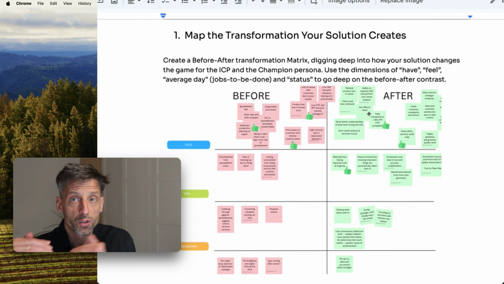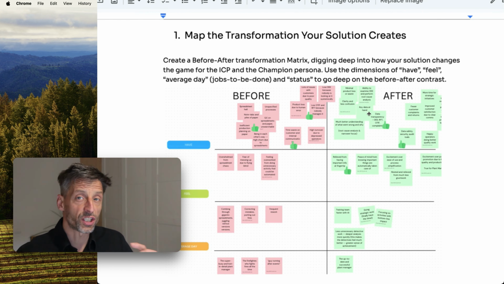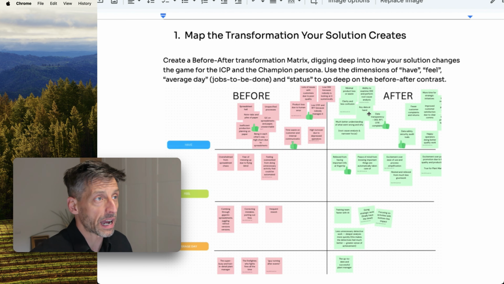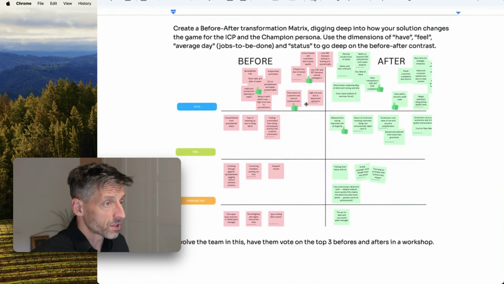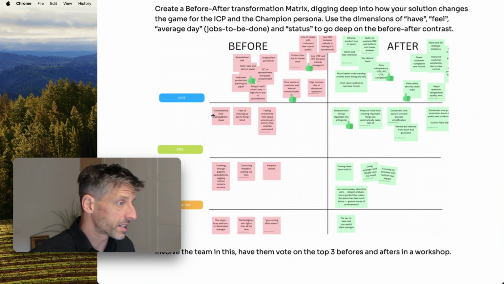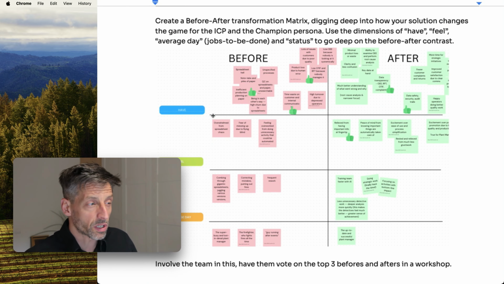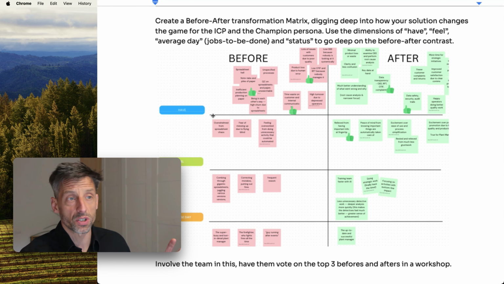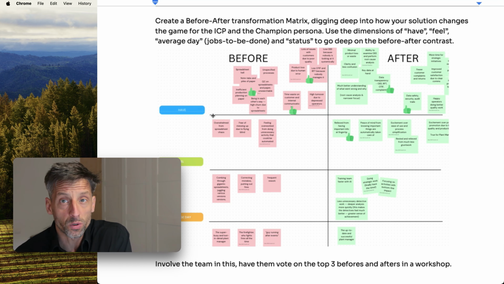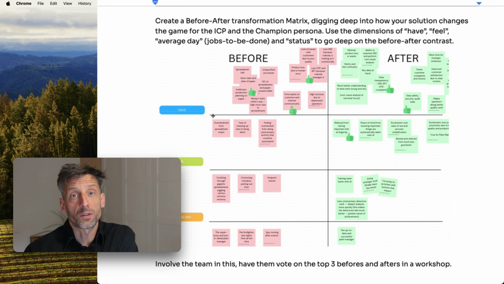So we want to get super clear on how it is that you achieve transformation for your buyers, okay? And we use a little matrix for that that you can see over here. And we basically observe things according to 4 dimensions. It's like, what do they have before your solution? Like, what are the material things that they have before, and what will they have after they will have succeeded